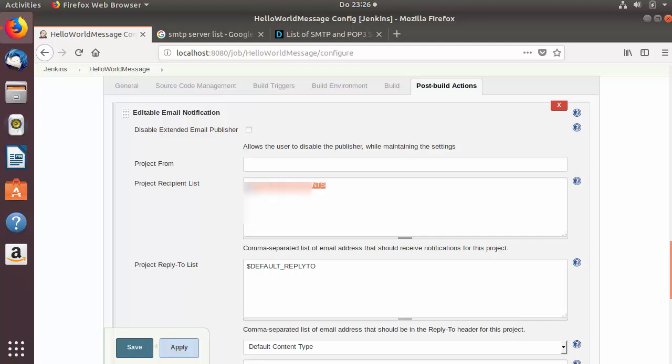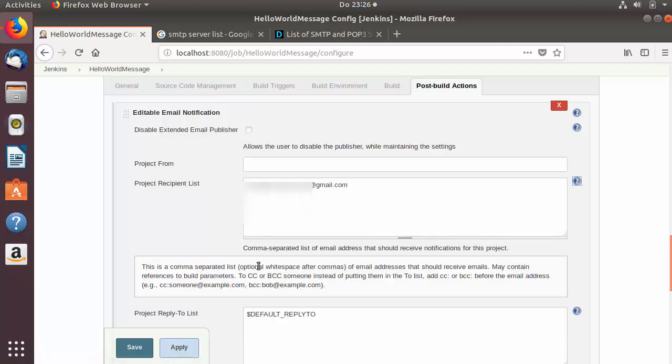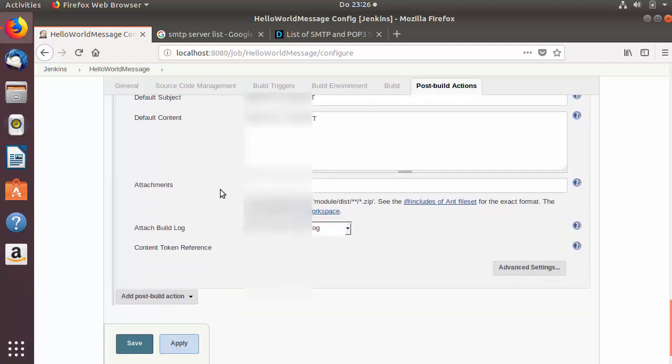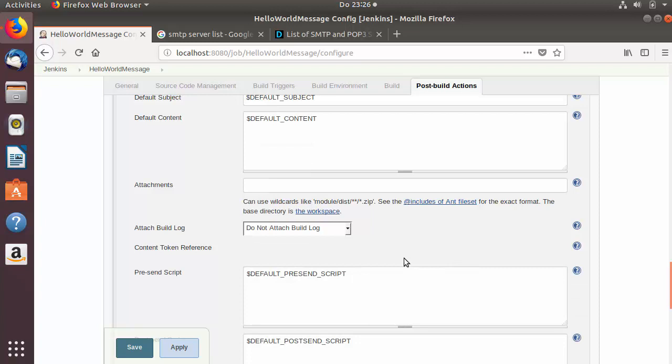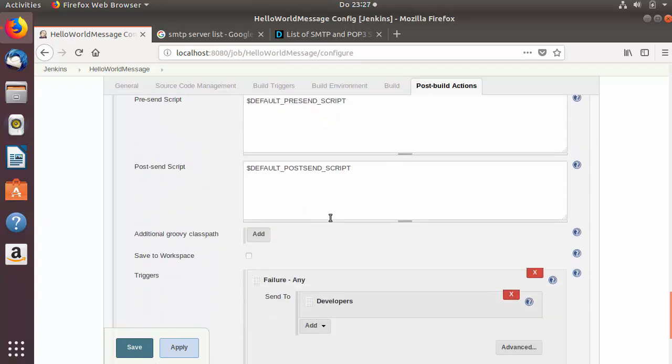So by default it's default recipients. You can give any other email address here, and if you want to know more here, you will be able to find more details here. So it says you just need to add a CC colon here or BCC colon here. So I'm going to add that CC and then colon and then the email address, and then I will scroll down, and in the advanced setting you will be able to find more